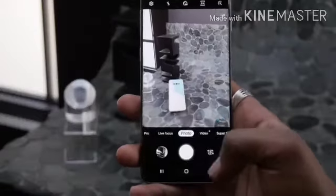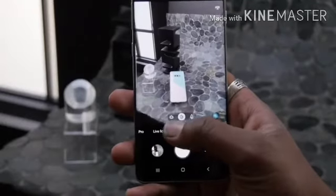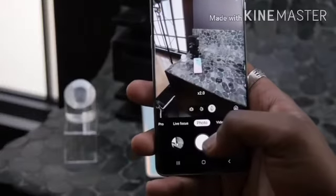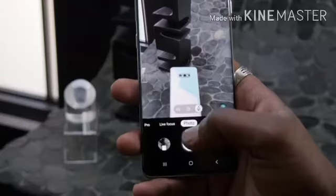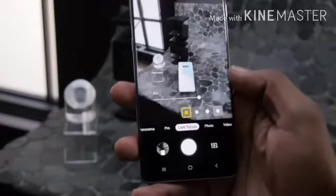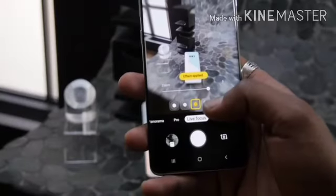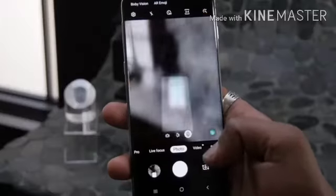Over to the camera, the S10 and S10 Plus have the same two cameras as last year's S9 Plus. A standard 12-megapixel lens with an f1.5 to 2.4 variable aperture is paired with a 12-megapixel telephoto lens with an f2.4 aperture for 2x optical zoom. There's now a new 16-megapixel ultra-wide-angle f2.2 lens, which makes the camera more versatile as you can now capture more